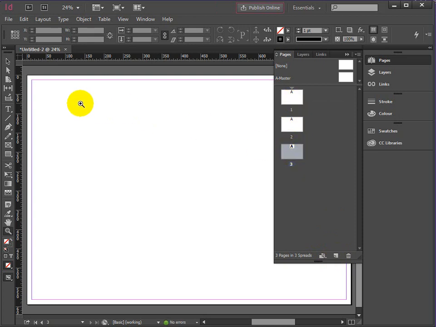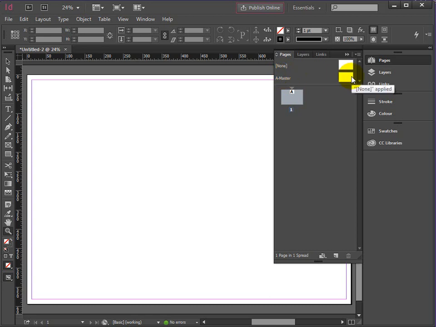Okay, now that gives you complete freedom. There's no real need to consider a template. So let's just get rid of these and see what happens if we were doing a template instead. If all 3 pages were going to have a fairly similar setup, they could still vary in content, but the general setup was going to be the same, then what we would do is edit the A master, turn this into a template. Okay, so I'll double click that, so I'm now inside the A master page,